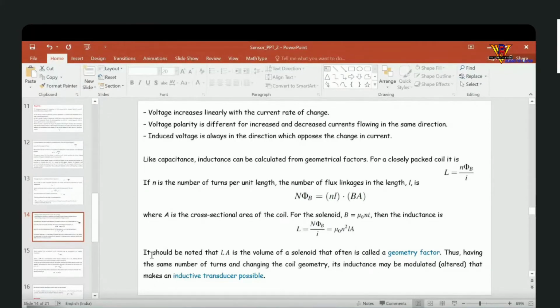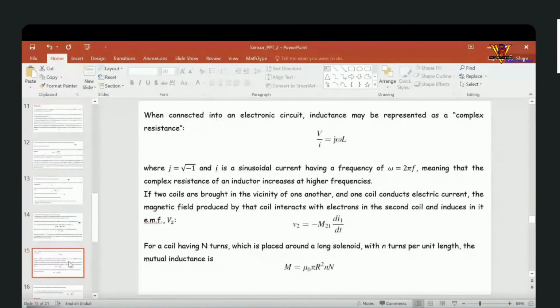So in this way, another transducer can be designed that senses a particular type of characteristic that is related to the flux. Okay, magnetism. Correct. So now we come to the conclusion that we have a coil, and the coil can be characterized in terms of